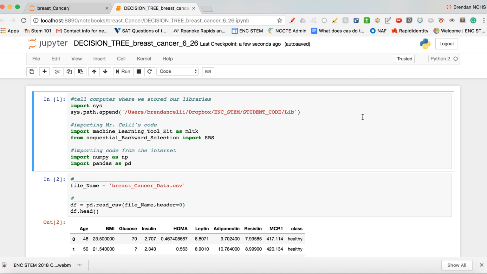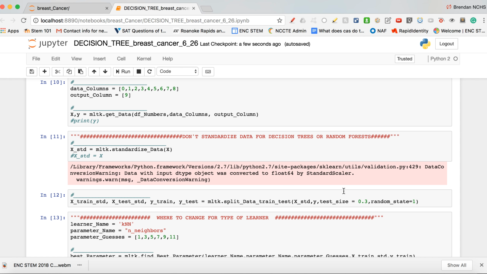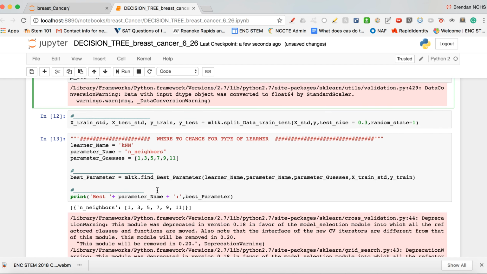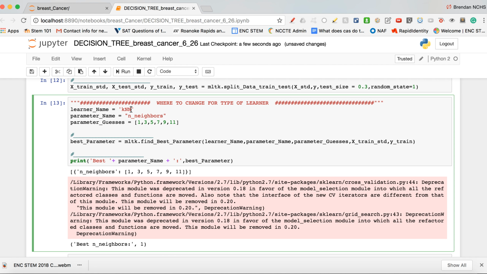Okay, so we need to go down and watch. First is the only thing we do differently. You see how we made a warning for ourselves? Don't standardize data for this. So watch. We're going to comment this out because we don't want to use it, and we're just going to say standardize. We're not going to do anything to it. We're just going to say it's our regular data, and then we're going to come down here, and we're going to say, okay, we're going to change this to